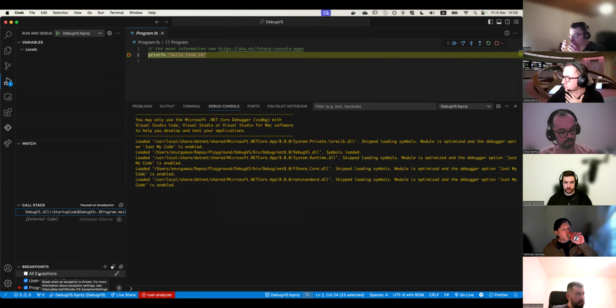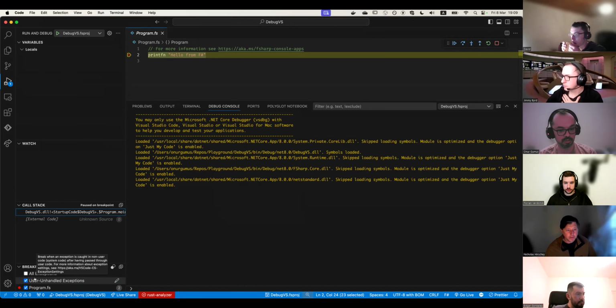For example, you may want the debugger to stop whenever any exception happens, or perhaps only when user-unhandled exceptions happen. So that's all good. I'm sure you're more or less familiar with this debugging experience, especially if you use Visual Studio kind of tools.